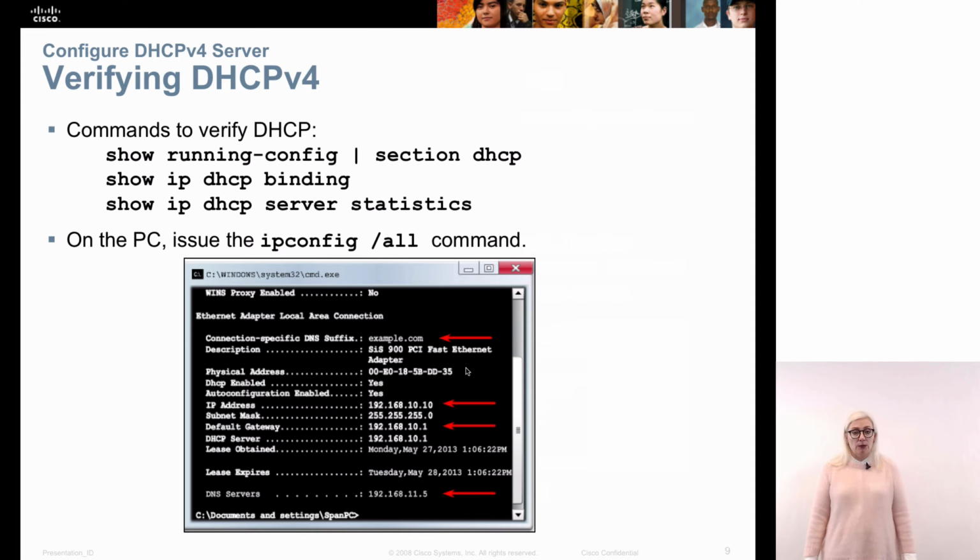When you go to the Windows computers, you can use the ipconfig /all command. Then you will also see that this is a DHCP enabled address. You will see the address that you have got, the default gateway, and the lease for how long you will obtain this IP address. You will see the domain address if you assigned that one as well, and you will see the IP address